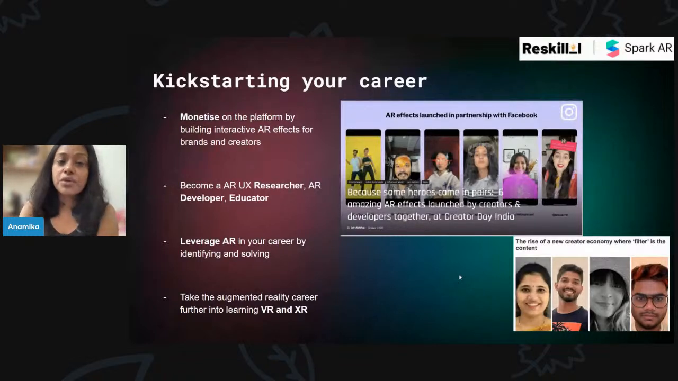Number one is, you can monetize on the platform by building AR effects for brands and creators. You can become an AR UX researcher, developer, and educator. You can leverage your career by identifying and solving problems. You can take augmented reality further by learning VR and XR. With so many advantages, both immediate and long term, I'm pretty sure you're going to make the most of